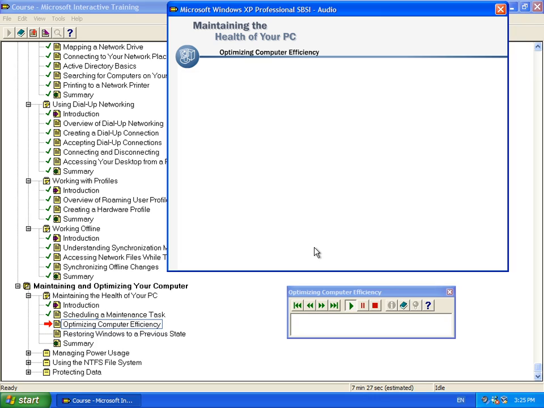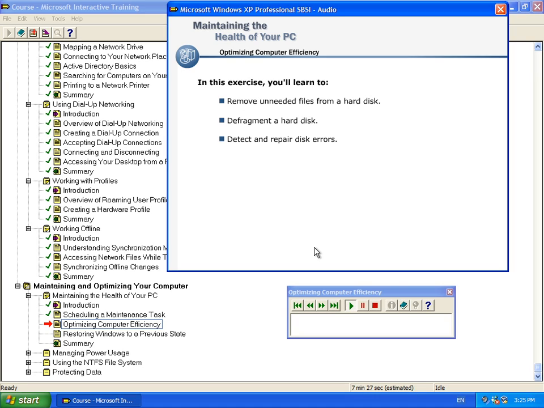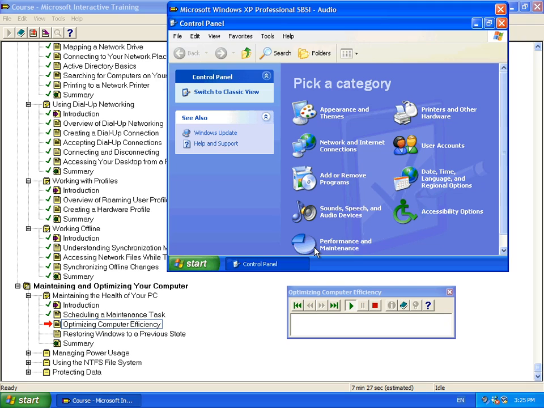Optimizing computer efficiency. In this exercise, you'll learn to remove unneeded files from a hard disk. You'll also learn to defragment a hard disk. Finally, you'll learn to detect and repair disk errors. Let's assume that this computer is running out of room on its hard disk and you need to free up